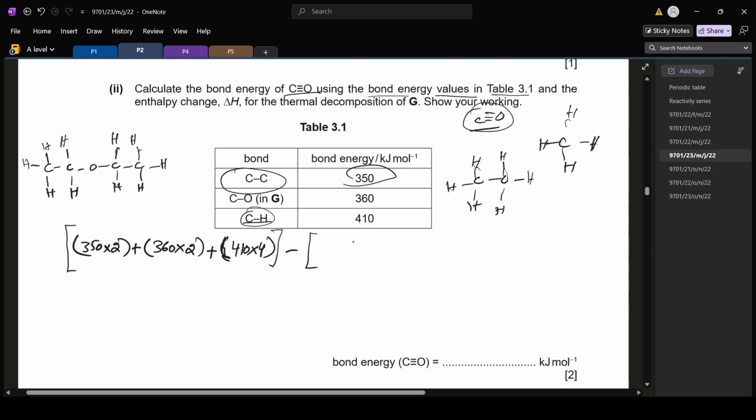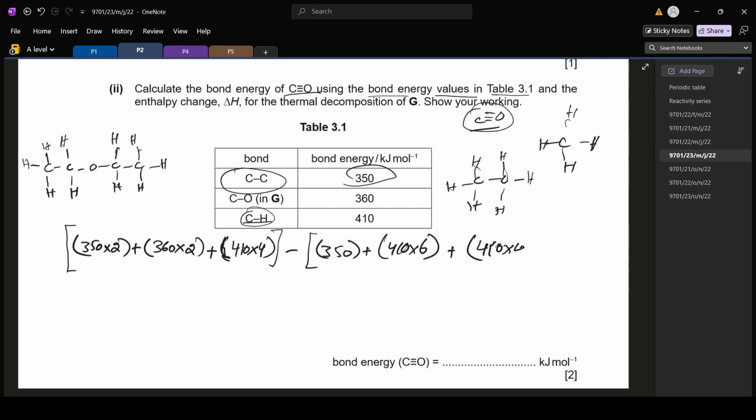In ethane we have one carbon-carbon bond, so 350, plus 6 carbon-hydrogen bonds. Then we have 4 carbon-hydrogen bonds in methane, and then we have to calculate the bond energy of carbon monoxide. This equals